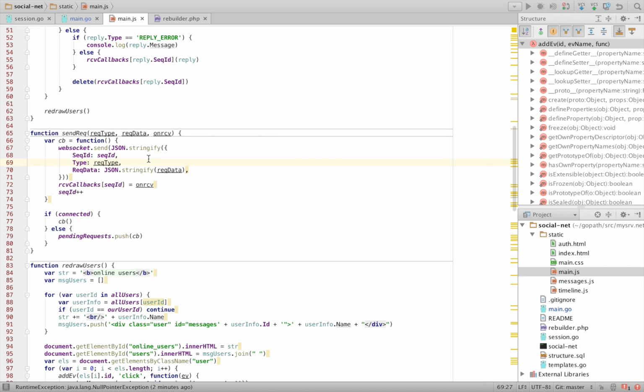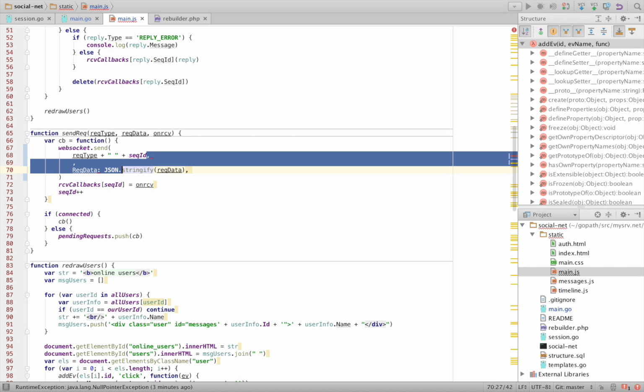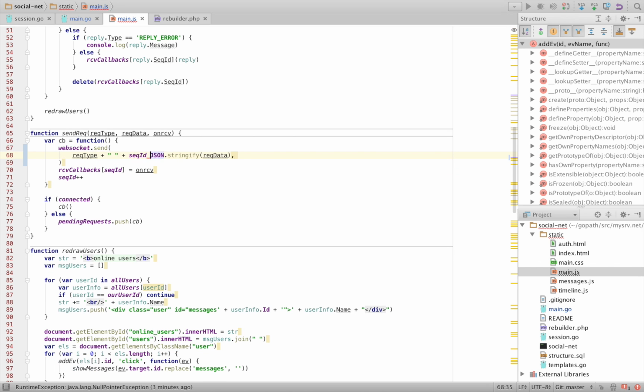So what we need to do is get rid of the double JSON encode because it is silly and it is not very efficient. So I suggest to do something like this. We first send a string that has the request type and sequence ID, and then